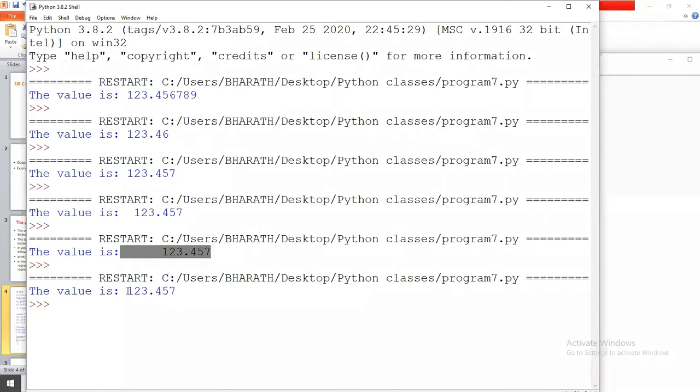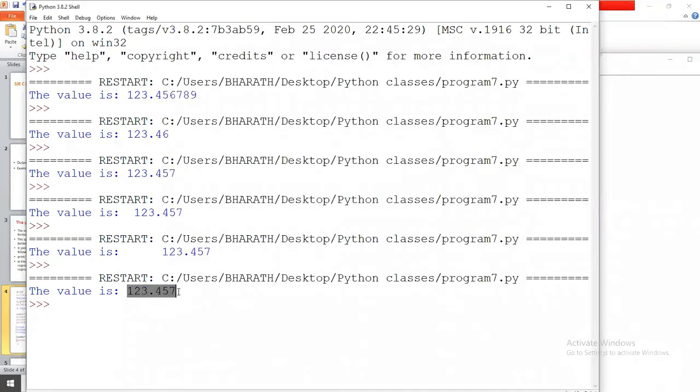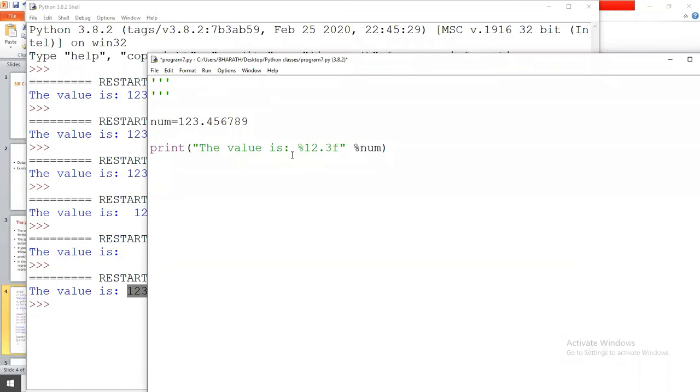If you observe, now it is left justified. If you want to print right justification, then you are going to use spaces. For left justification, we don't need any operators, because by default we print left justification only. So this is about floating values. I hope you all understand the meaning of %12.3f. The 3 indicates the number of digits after the decimal, and the 12 indicates the number of spaces to represent the data.